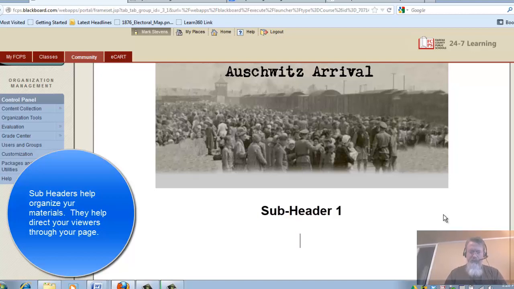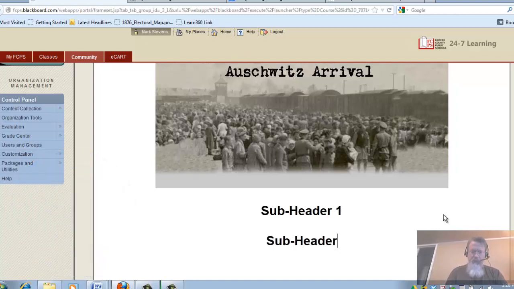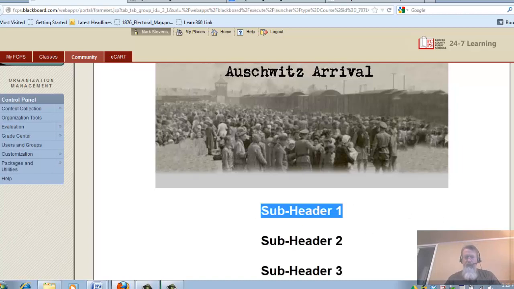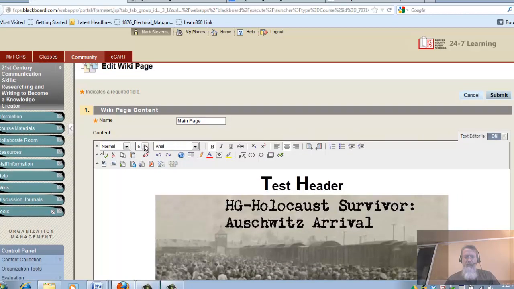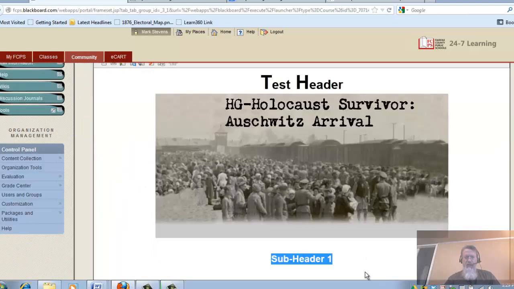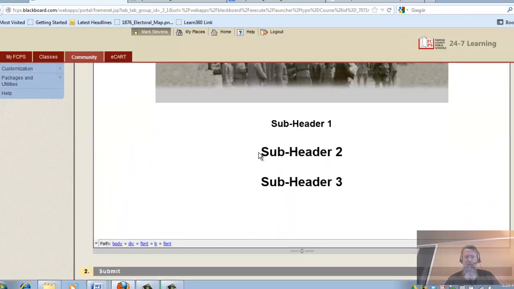Oh, come on, can't even spell. Subheader 1, subheader 2, subheader 3. Now these are too big right now, so I'm going to shrink them from the biggest size down to the